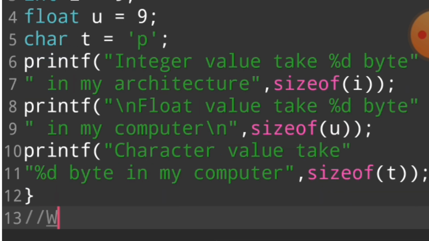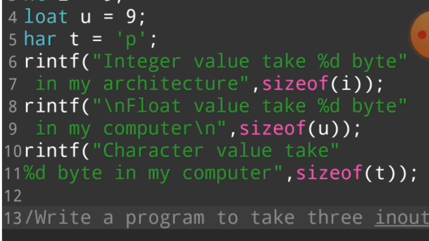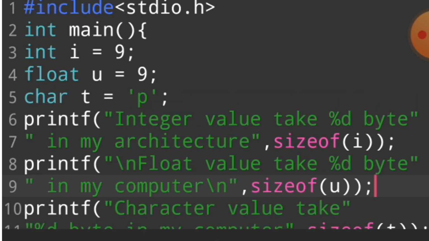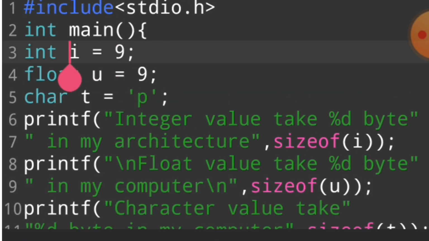Your homework is to write a program to take 3 inputs from the user. For example, use the scanf function and integer i to take input from the user.